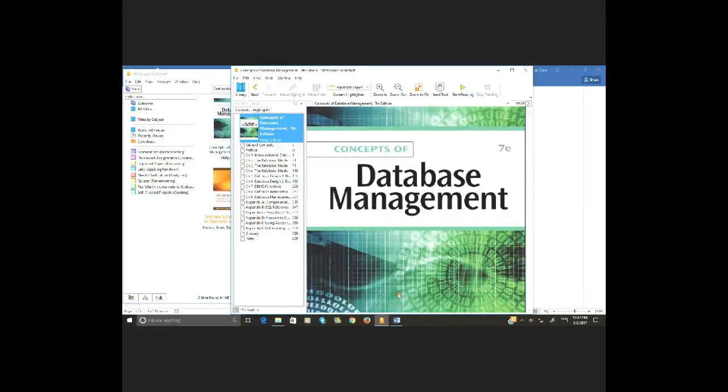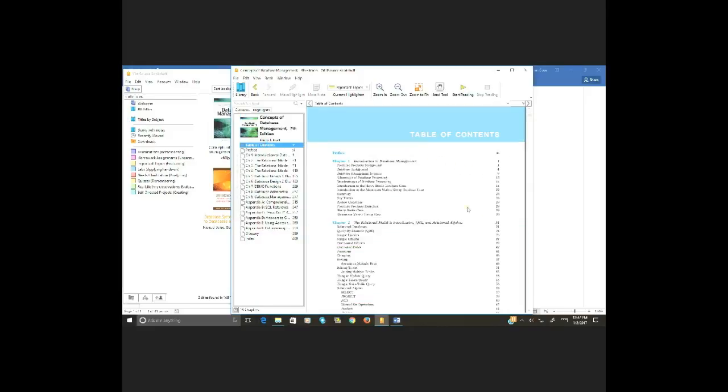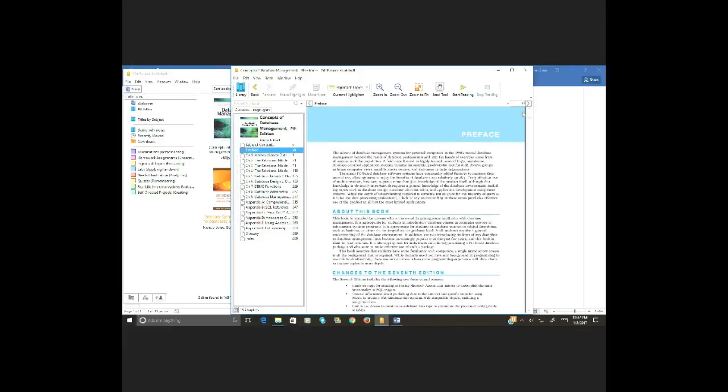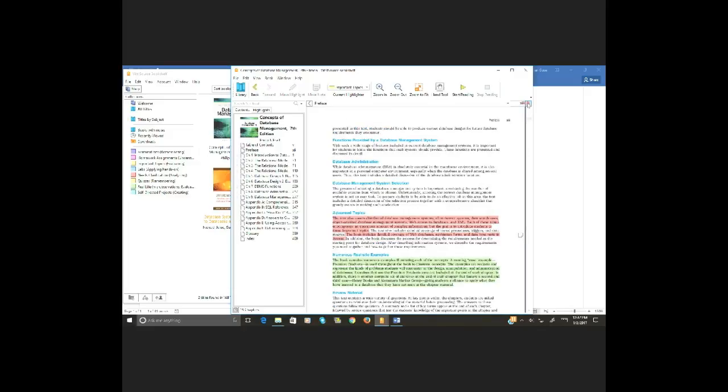So in our book, as I said, I'm not going to read it to you, but in the table of contents, the chapters are divided up into several pages apiece. And just as an illustration here, a couple of pages into the preface, there we go. Here's some peach-colored stuff about the advanced topics. And I've highlighted some of the things that I may disagree with, just to illustrate that.